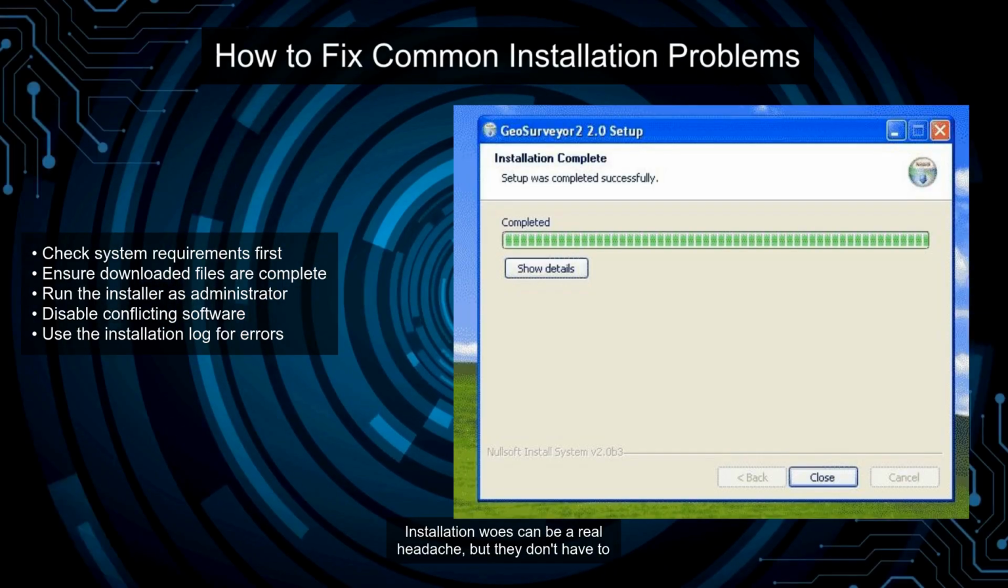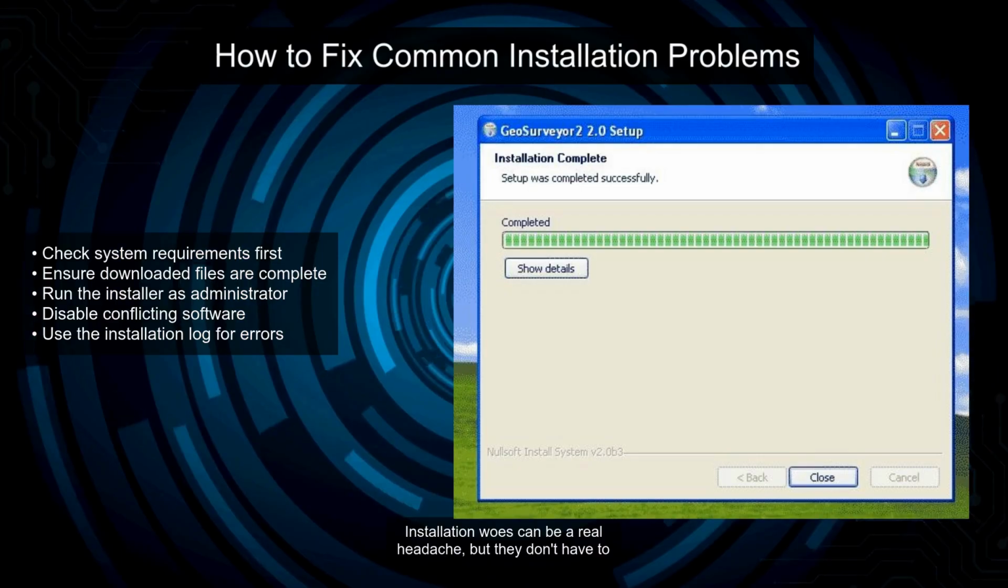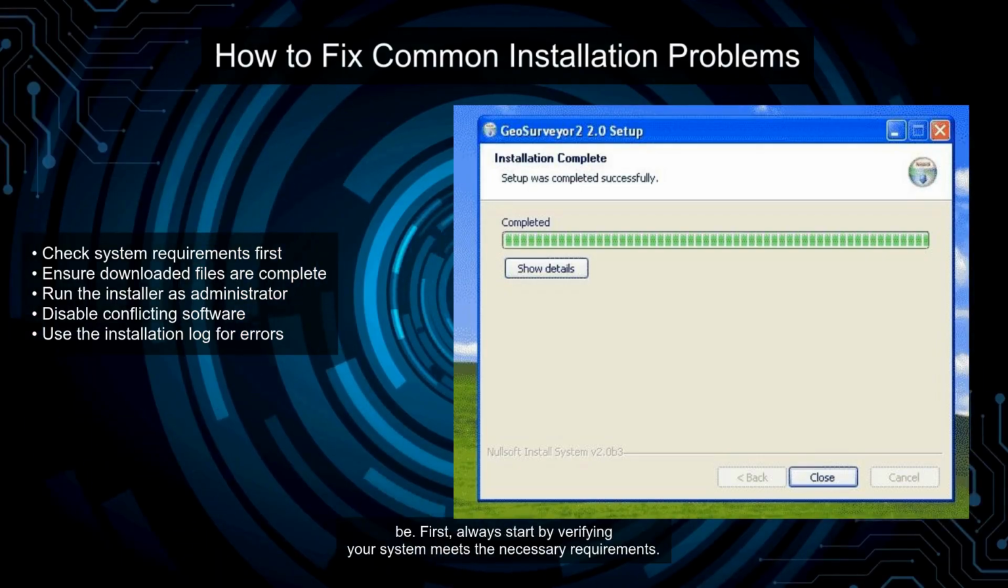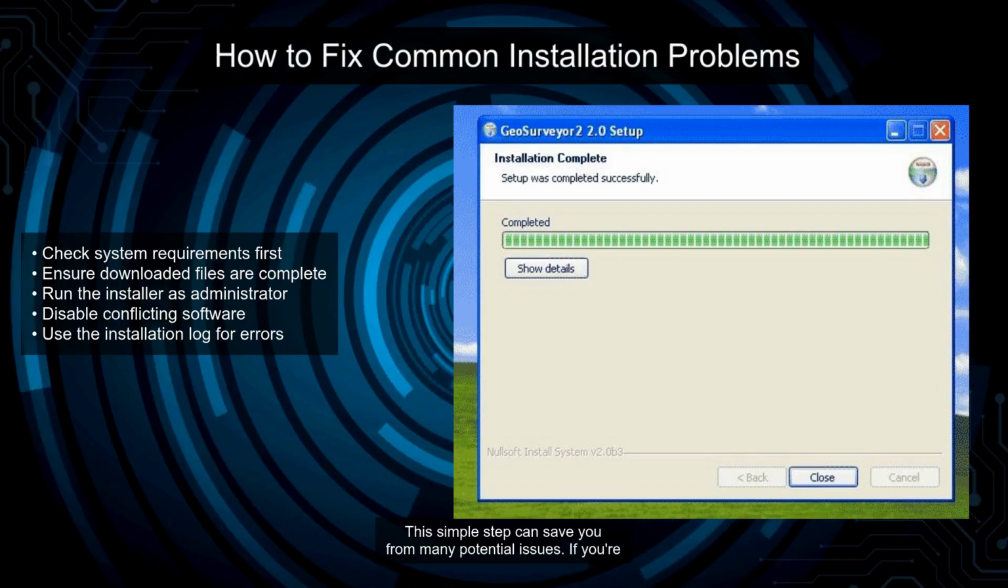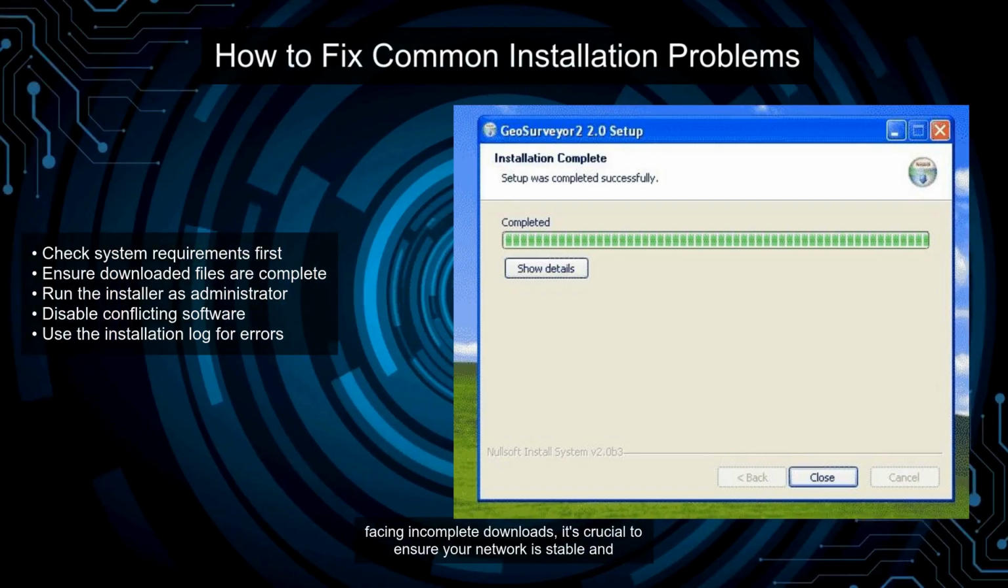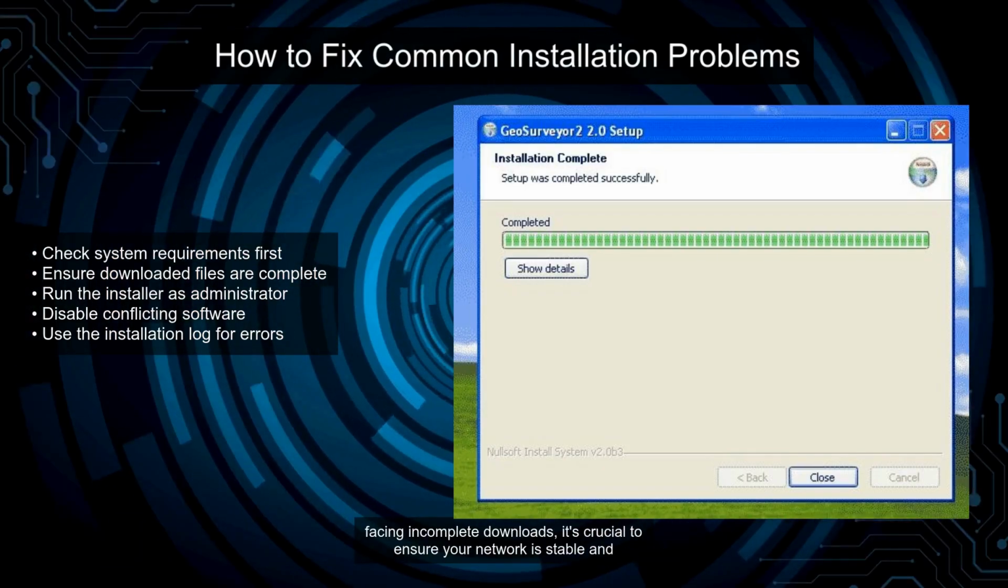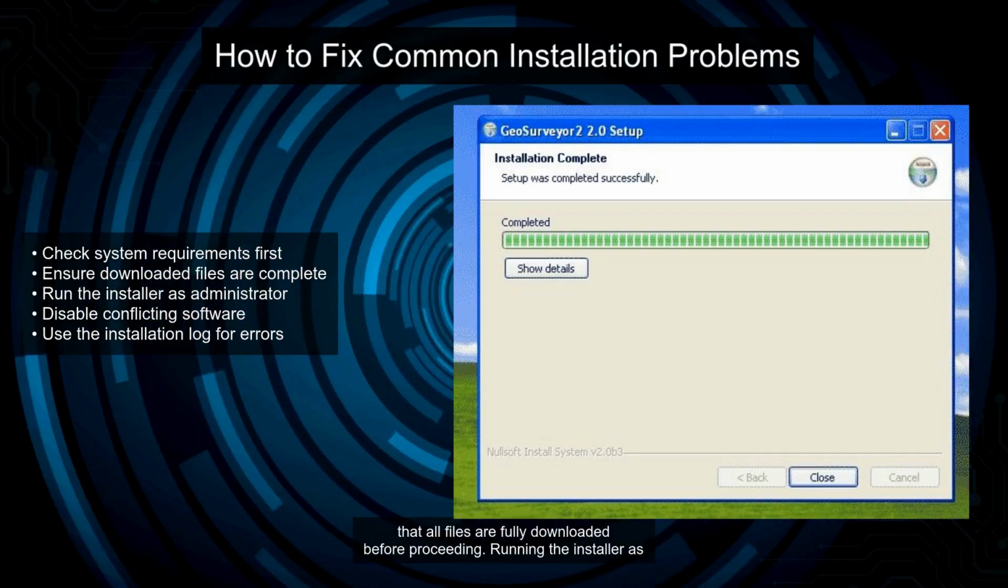Let's get started. Installation woes can be a real headache, but they don't have to be. First, always start by verifying your system meets the necessary requirements. This simple step can save you from many potential issues. If you're facing incomplete downloads, it's crucial to ensure your network is stable and that all files are fully downloaded